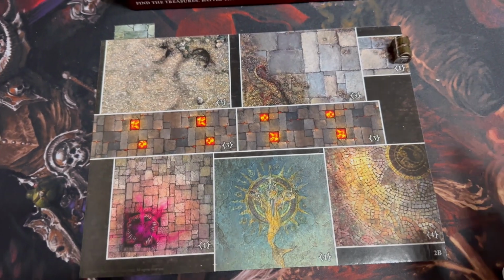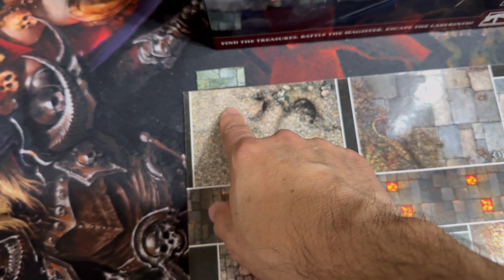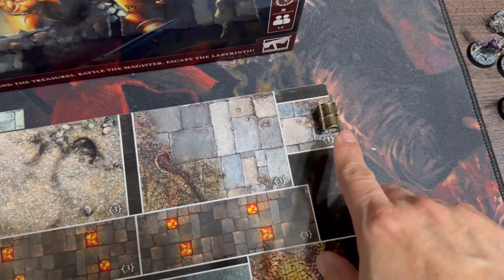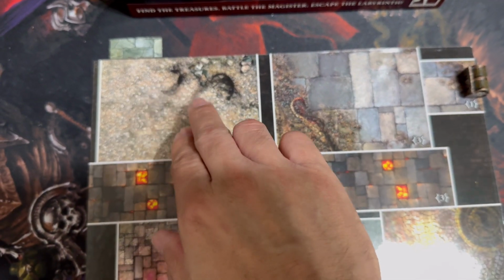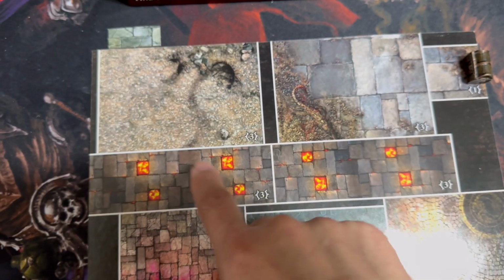So the objective for this scenario will be one of the Stormcast Eternals having to at least exit out through here, and our spawning will be here, or setup I should say, and we do have 1 treasure chest that we can interact with in this scenario. Our creatures will be spawning, well, not spawning, but they'll be set up in these areas as well as this